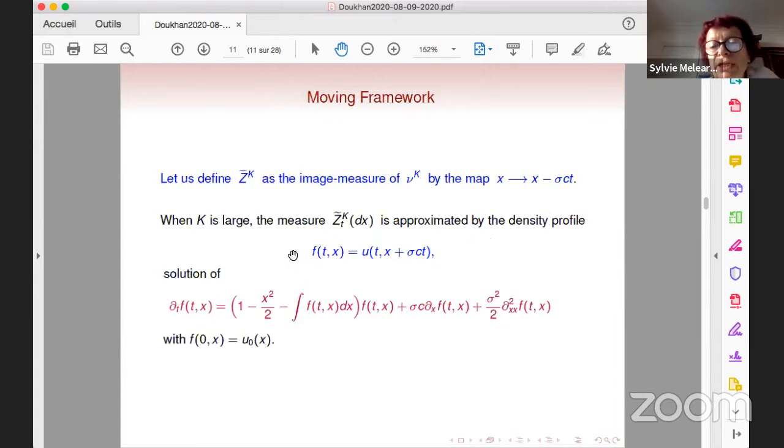And so this new density profile is f(t,x), and it is a solution of this equation. So now we replaced x minus sigma ct by x, and that gives us a new term, which is this drift term. Okay, and that will play a role in the study of the equation. So now, in the moving framework, we consider this new equation. And the first thing we ask is whether this equation